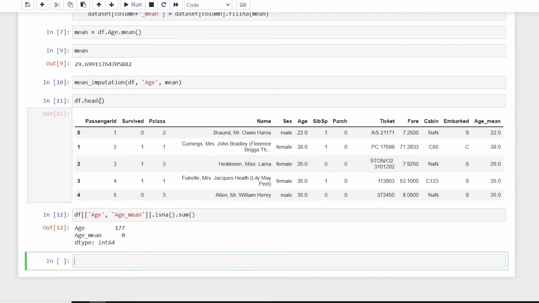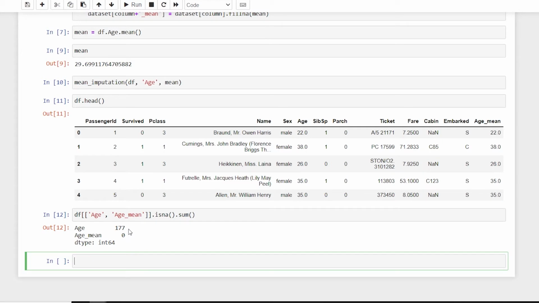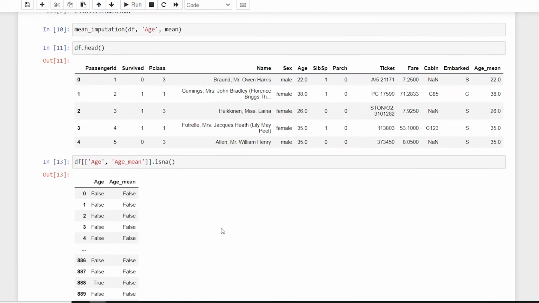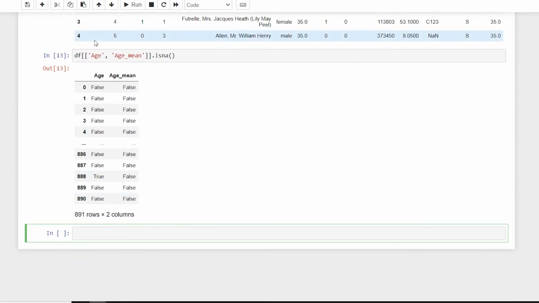So 177 values are replaced by the mean, and now we can actually check for some value. Let's say I want to extract something. The 888th value says true for the age being null, so that is null.